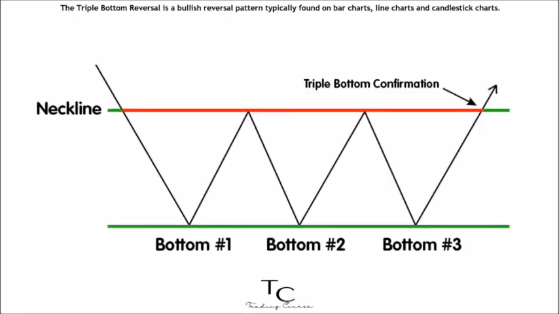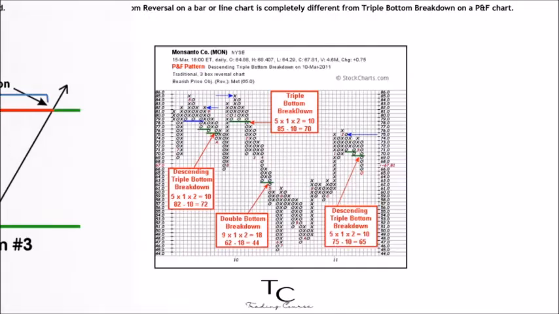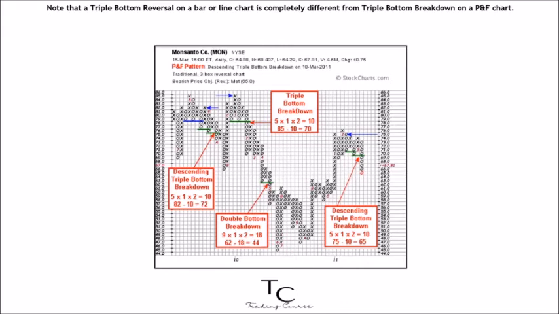The triple bottom reversal is a bullish reversal pattern typically found on bar charts, line charts and candlestick charts. There are 3 equal lows followed by a break above resistance. As major reversal patterns, these patterns usually form over a 3 to 6 month period. Note that a triple bottom reversal on a bar or line chart is completely different from triple bottom breakdown on